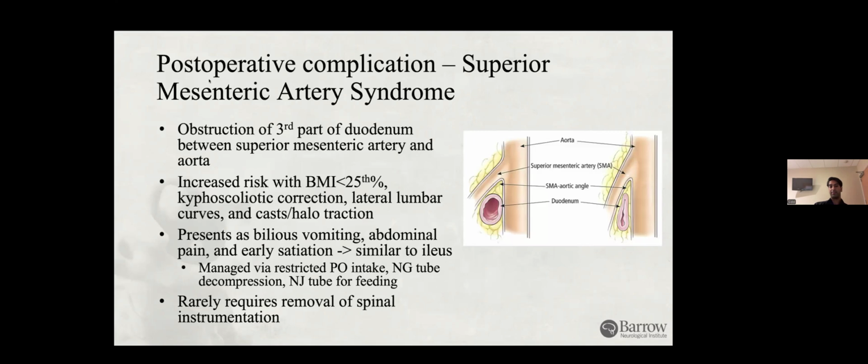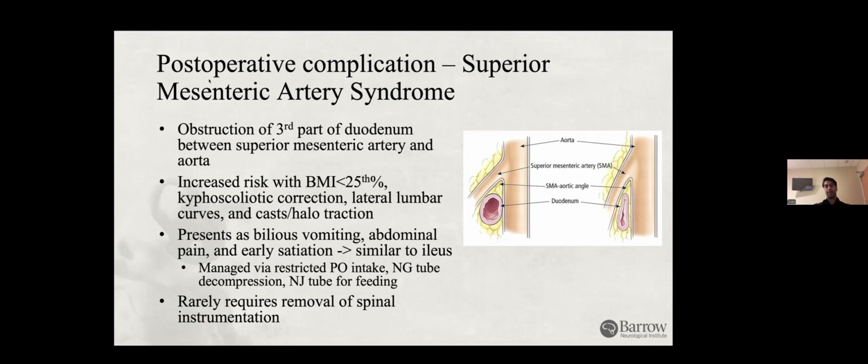This one was a real blast from the past. I remember hearing about this syndrome in med school and then promptly forgot about it over the last 3 years of residency. But it is important to keep in mind because this superior mesenteric artery syndrome is very similar to ileus. The pathology behind this is that the superior mesenteric artery forms this SMA aortic angle that comes out